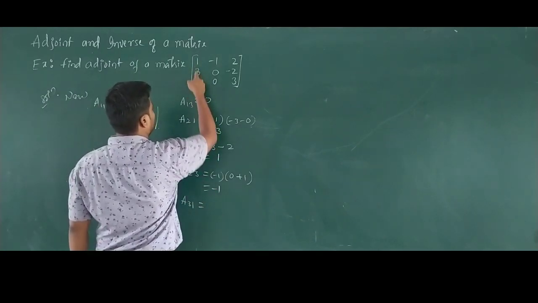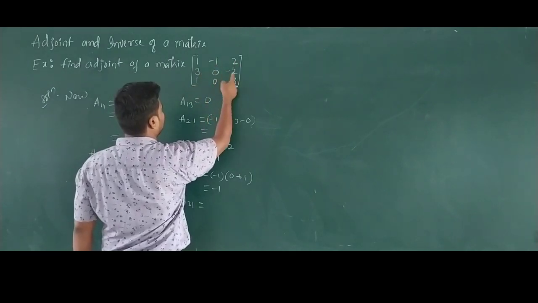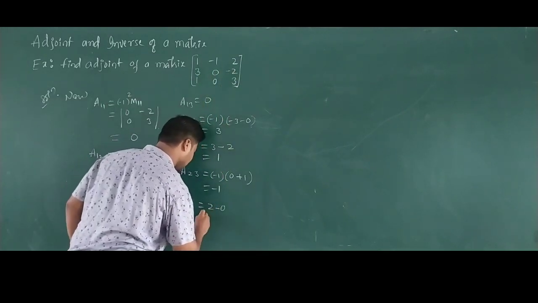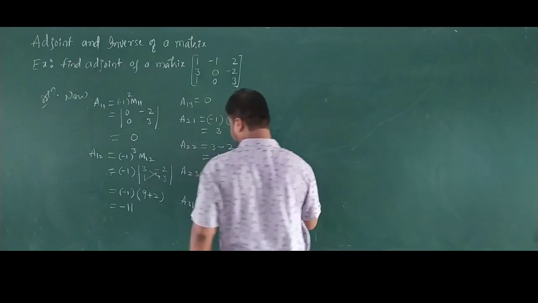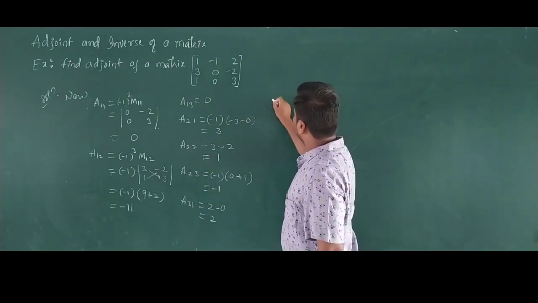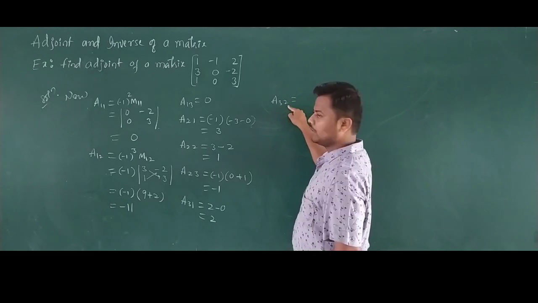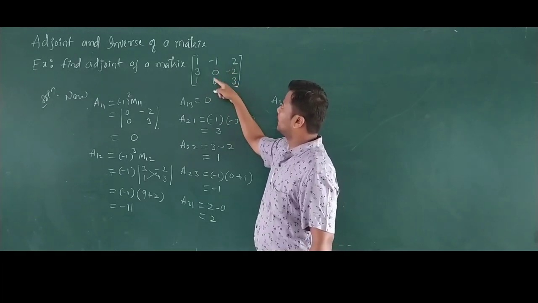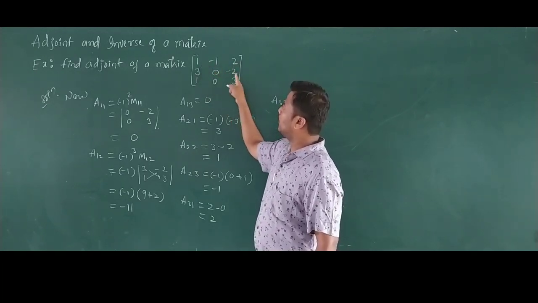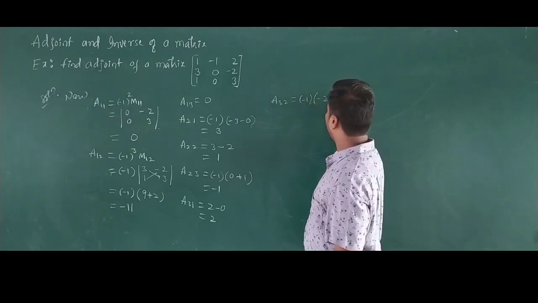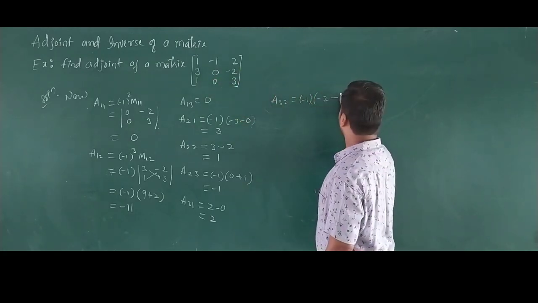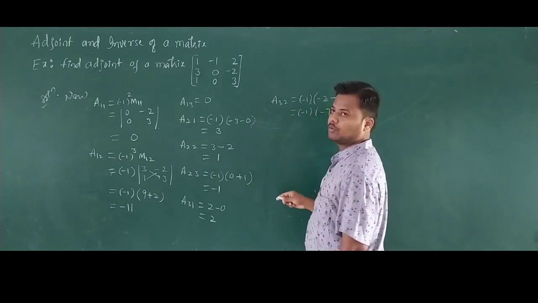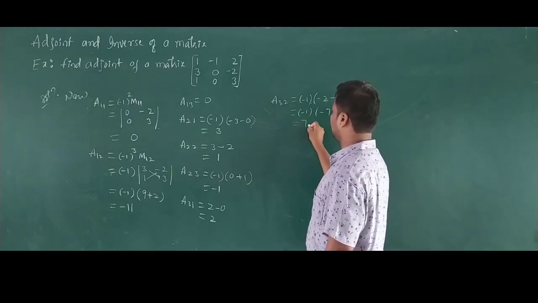For this element, the remaining column: minus 1 into 0 minus 2, minus 1 into minus 2 plus 2 minus 0 into 2 is 0, this is 2. Similarly a32: 3 plus 2 is 5, minus 1. Remaining elements 1 2, 3 minus 2, 1 into minus 2 minus 2 minus 3 into 2 is 5, okay, minus 1 into minus 7, minus 2 minus 5, minus 7, minus into minus plus, so 7.